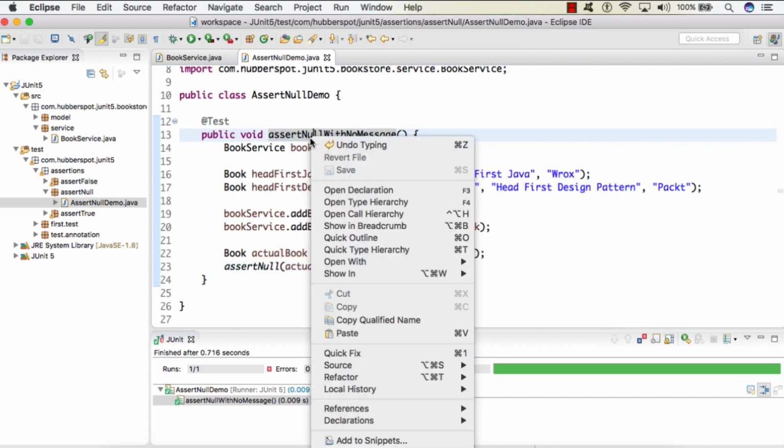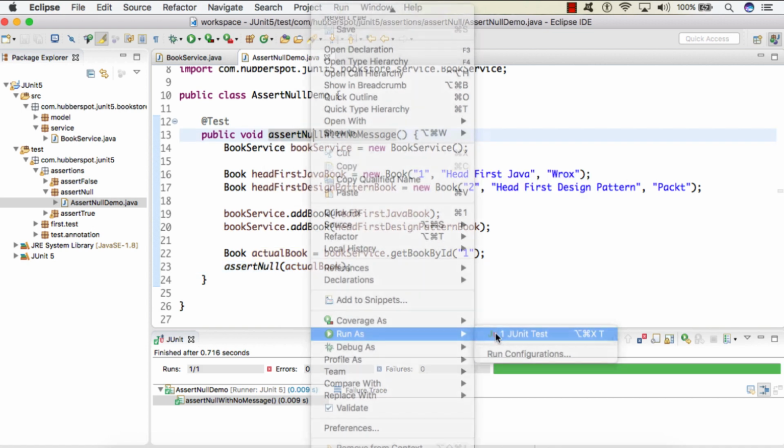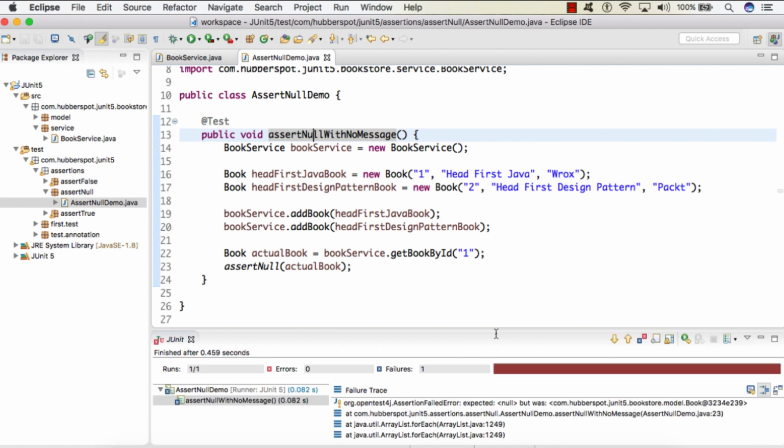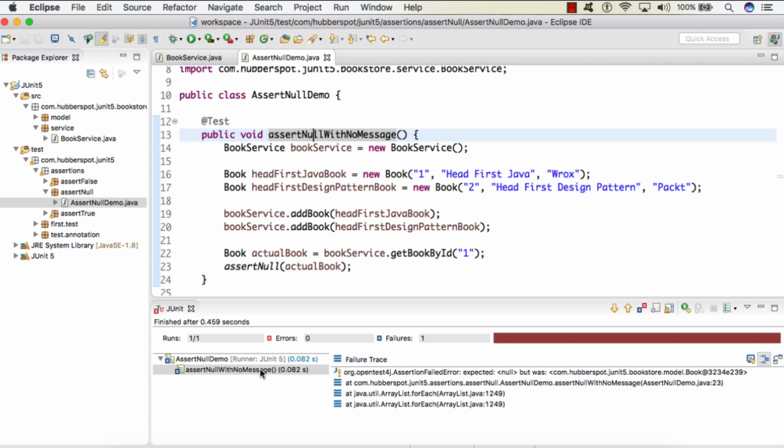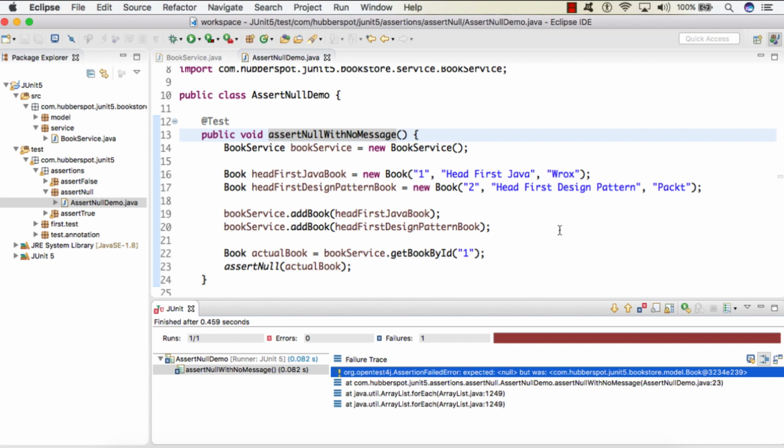If I run the test case now, here you can see the test case got failed with an assertion failed error saying that expected was null but was the actual instance of the book which got returned.